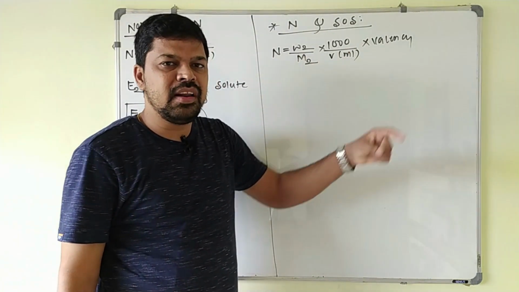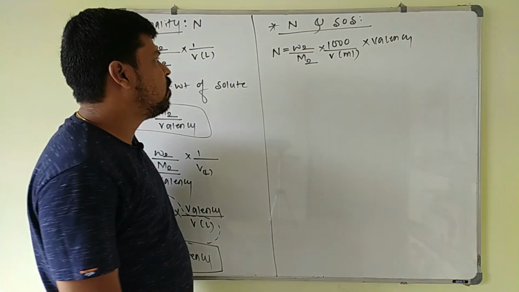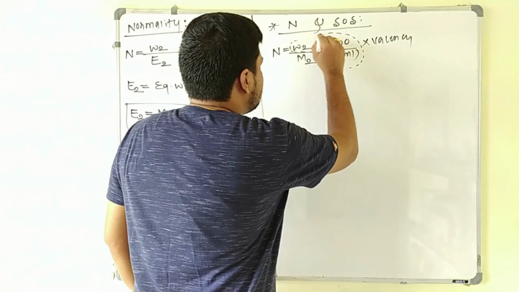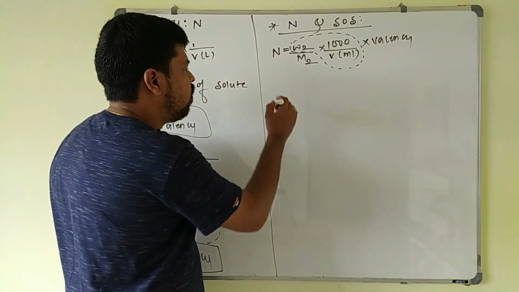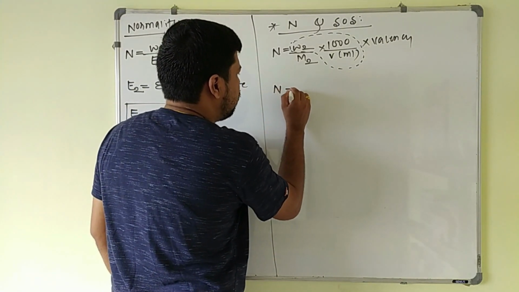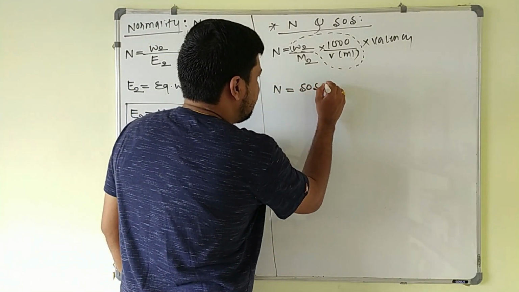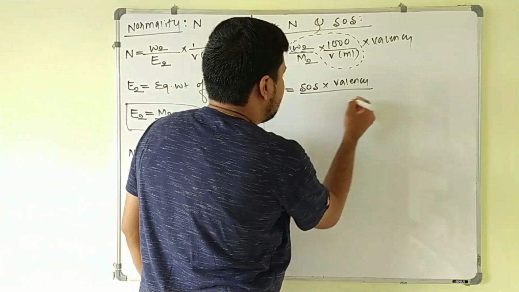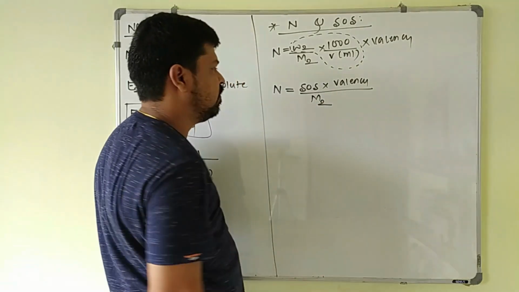This normality can be written like this also. Now what is the strength of solution? Mass of the solute in grams that is present in 1 liter of the solution. This is the strength of the solution. So what we can write now? Normality is equal to strength of solution (SOS) into valency divided by molar mass of the